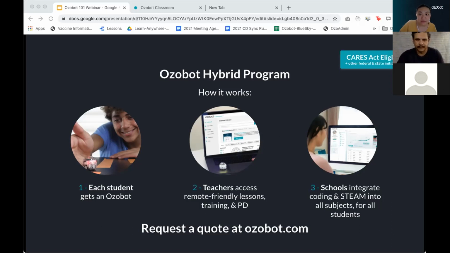Oh, there's a question about if they will work with iPad. With iPad, yes, we have compatibility with iPad, but it would require its compatibility with Ozobot Classroom. At the moment, we are still working on full compatibility with iPad, but with the other devices, it'll definitely